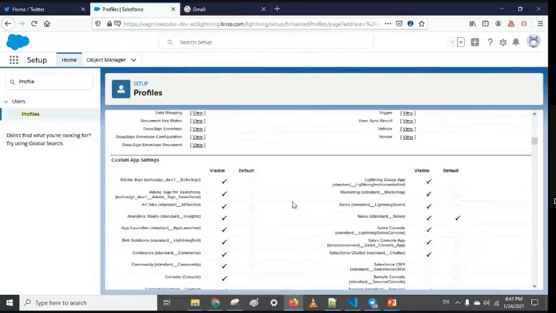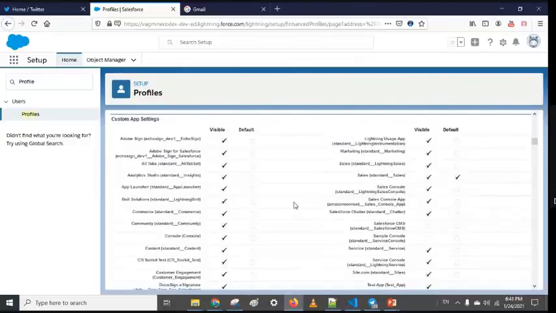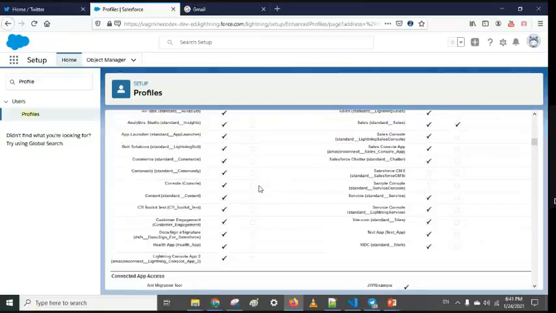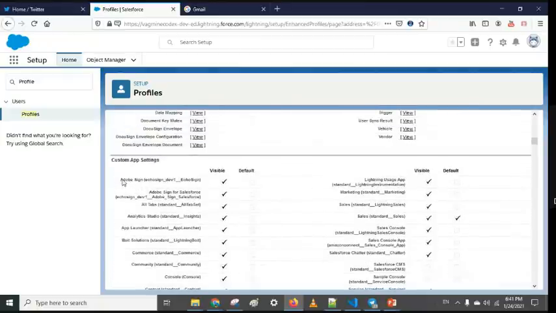Custom app settings basically say what custom applications I have installed or created in this organization or Salesforce org. All those will be applicable here. Among those applications, which application I am giving access to the user. Like if you see, we have Adobe eSign.